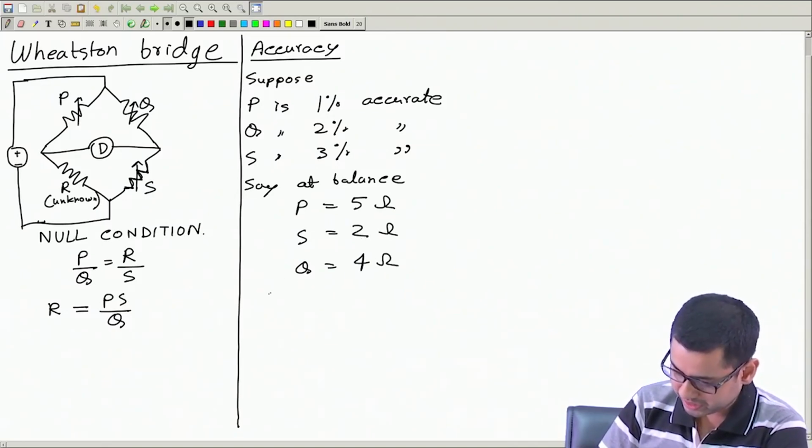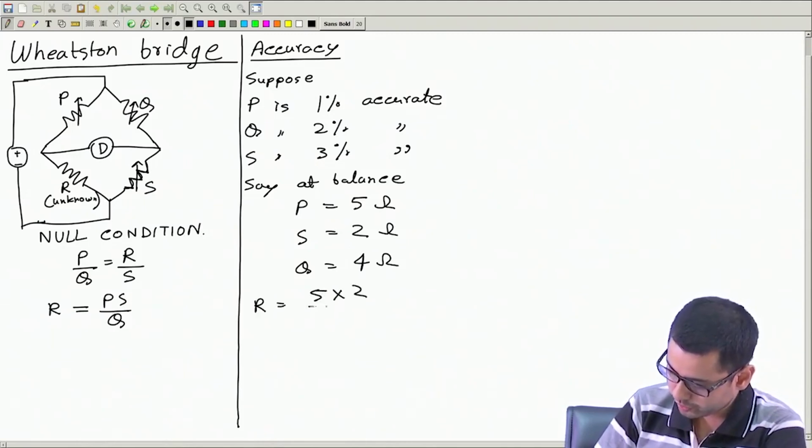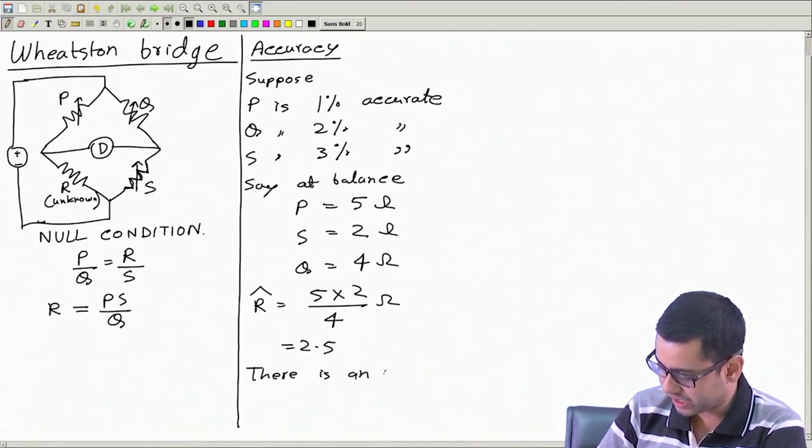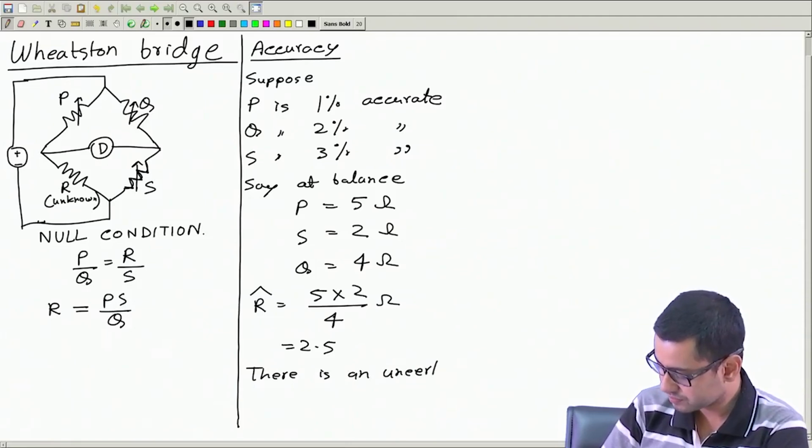So, this means R is equal to 5 into 2 by 4. This is the estimated value of R, which will be 2.5, but there is an uncertainty in this measurement